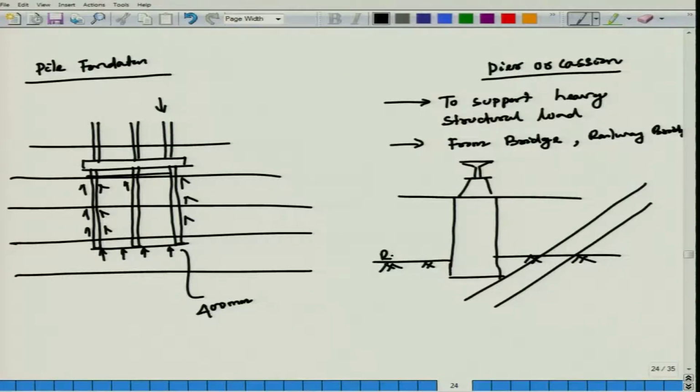This is my river bed, and HFL, the high flood level, is where the water goes up to above the river bed. Below the river bed you penetrate, and it is a large, very vast structure. So it will go up to the deep strata of your soil. There are also pile foundations, as I said, of different types: friction, end bearing,